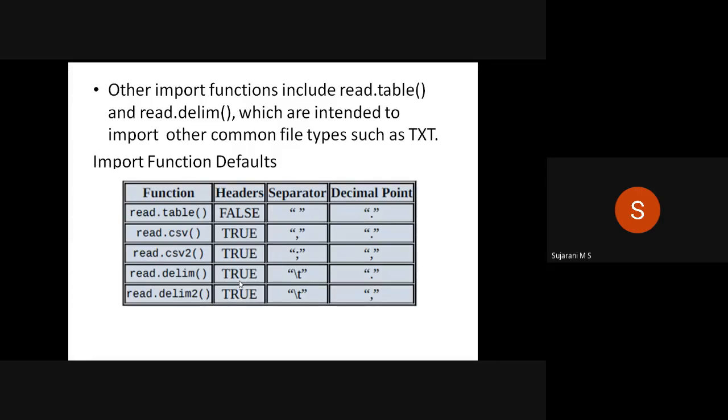If you use header value as true, then the first row will be treated as the column names, and otherwise columns are named V1, V2, V3, etc. That is the difference between header values false and true. Is it clear?